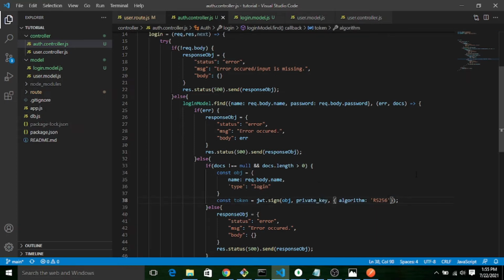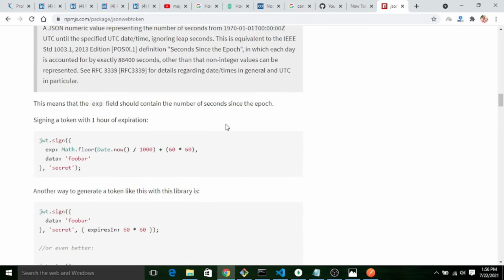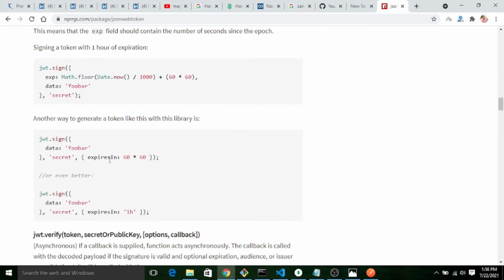Algorithm. I will set one more parameter, the expiry date. If you go to the same site, here you will see expiresIn. This is 60 into 60 in seconds, that means 1 hour. You can also declare 1 day like 1d. Let me give it 1 hour only.